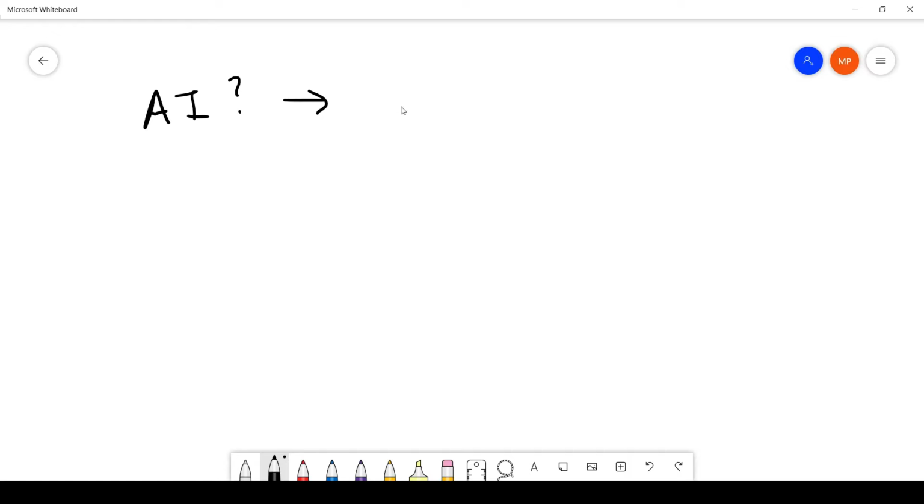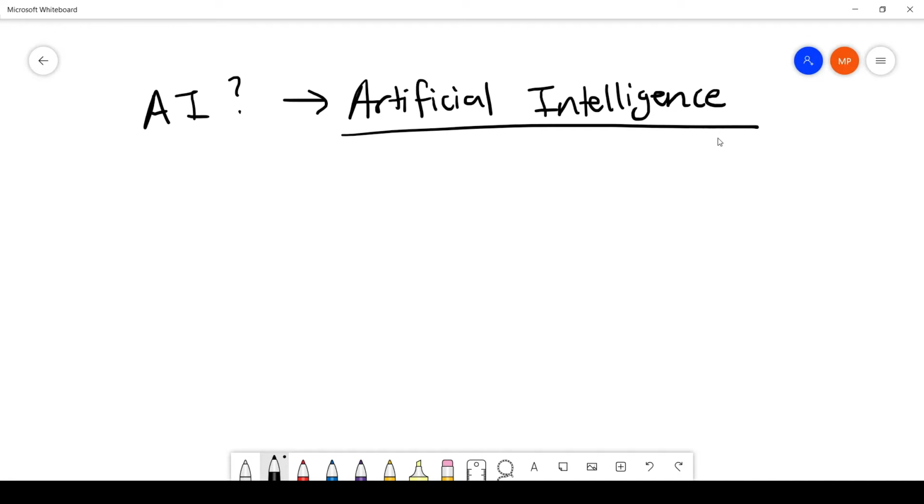Some of you may already know what this stands for, and this stands for artificial intelligence. Artificial intelligence, essentially intelligence which we're crafting ourselves. And how are we crafting it? Through computer programs. And so within each artificial intelligence program, we can break it down into something pretty simple, in